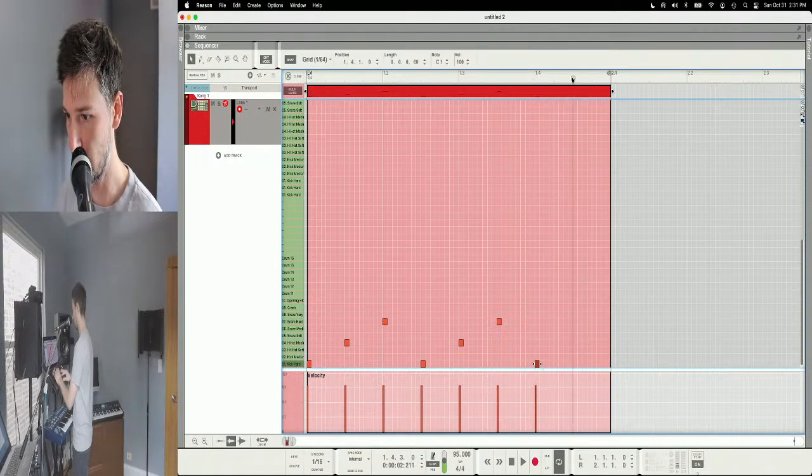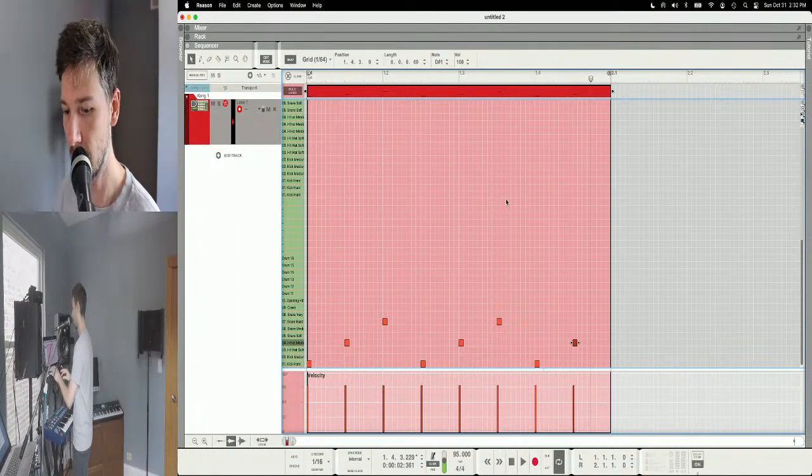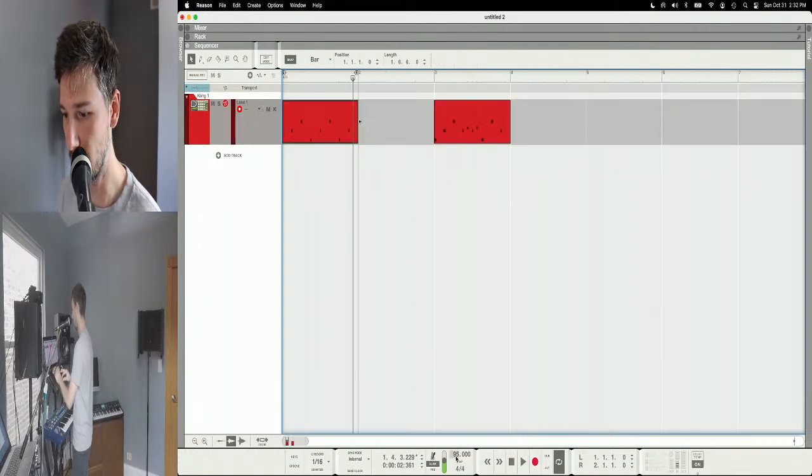And then a snare. Or maybe that's a hi-hat. Let's see. Let's try hi-hat. Yeah, it's a hi-hat. So if I take this and now play it at 175,